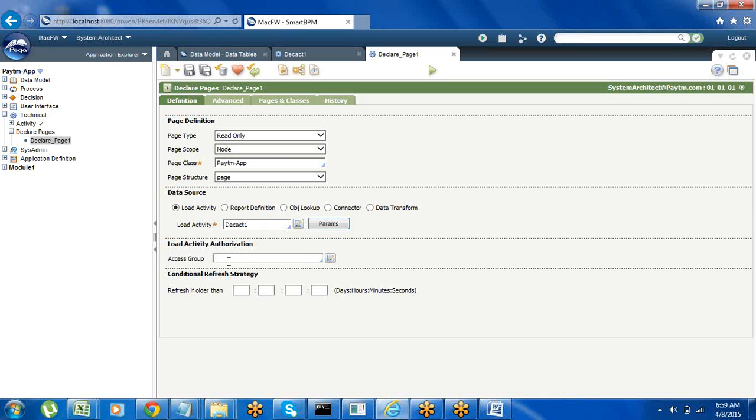Here we need to enter the access group name for the node level. Whoever has that access group can access it. For that, enter the access group name.